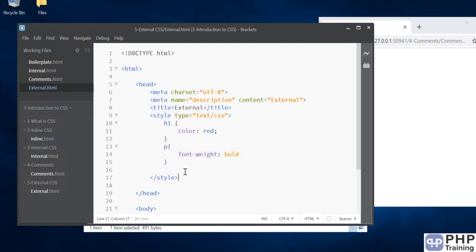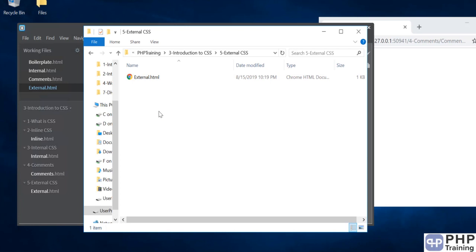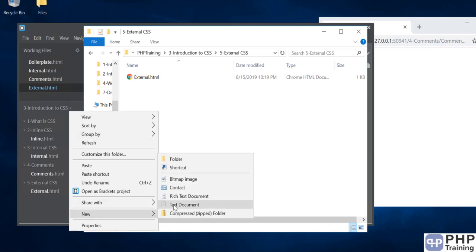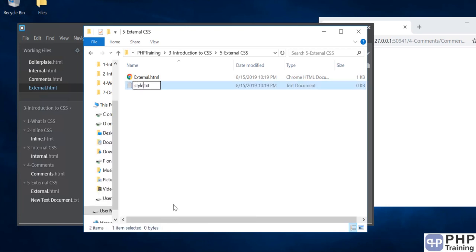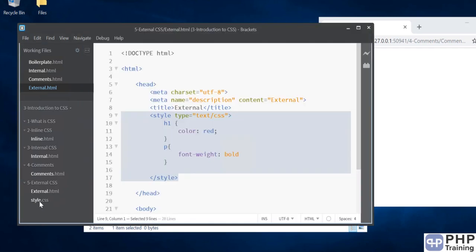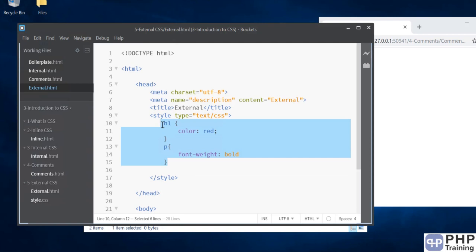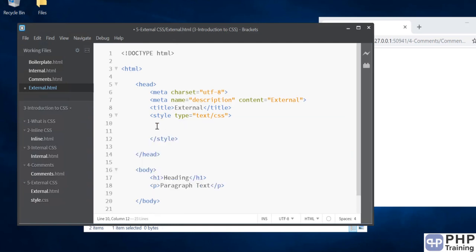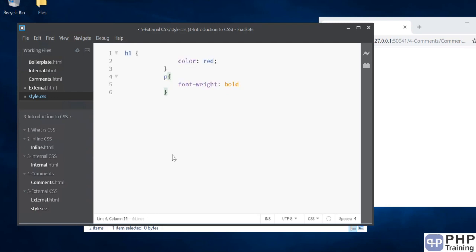If it is not here, how do we include that CSS file? Before that, we know if you want to write a style sheet, you have to write it in a .css file. So let's create that file, style.css. Alright, so now you have the style sheet. This is the rules of the style sheet. You can cut this, go to the style sheet and paste it over here. Okay, so your styles have been moved